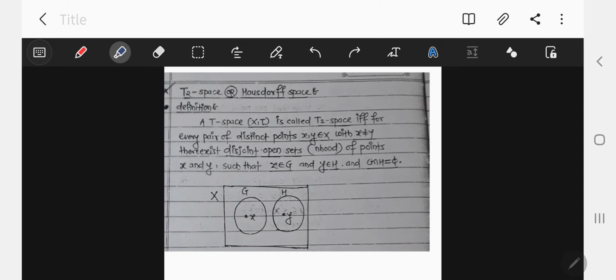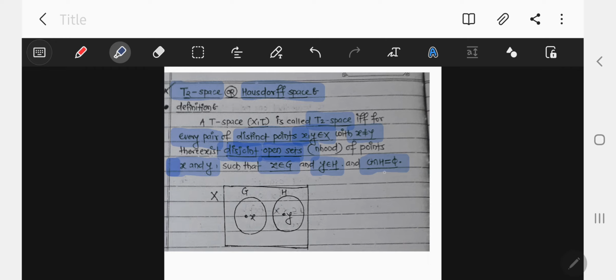Third definition is T2 space or Hausdorff space. A topological space (X, tau) is called a T2 space if and only if for every pair of distinct points x, y of X, that is x is not equal to y, there exist two disjoint open sets. Disjoint means here the intersection is empty. That is, for two distinct points x and y there are two open sets G and H, disjoint open sets, such that x belongs to G, y belongs to H, and